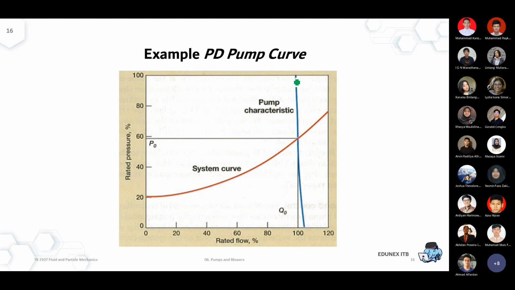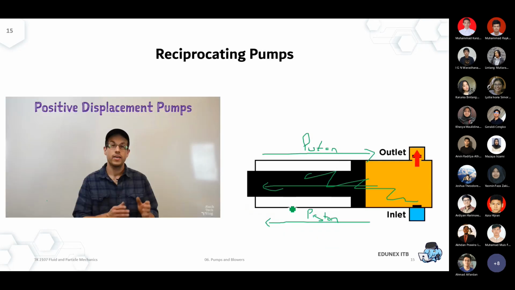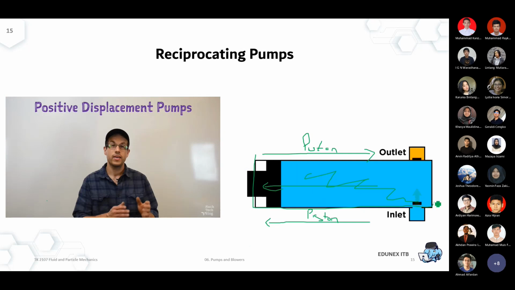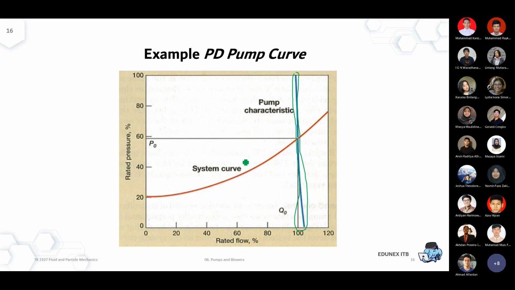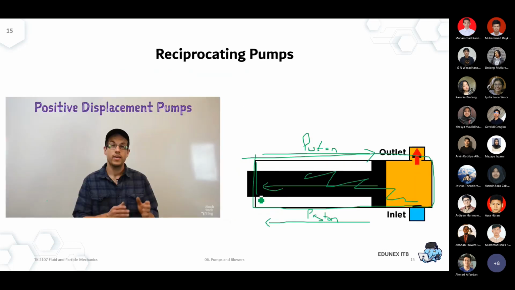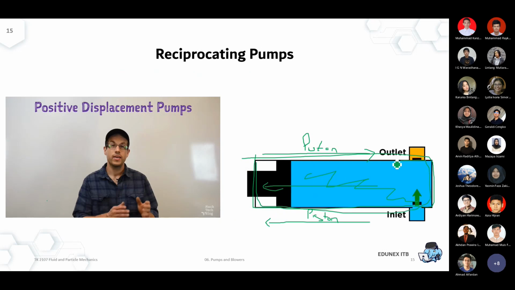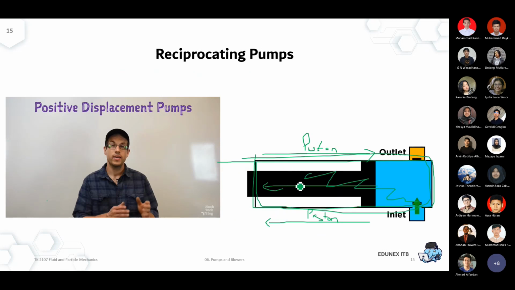So for an example of a PD pump curve, as I already mentioned to you before, it's not very wide. It's very, very narrow. Why? Because you can imagine again, the size of the chamber is very fixed. So there is not a lot of way to manipulate the amount of volume that can be sucked and then transferred from the system. If I give you this example where the rated flow rate is 100%, the blue line, 100% will almost be equivalent to the volume of this particular piston chamber.